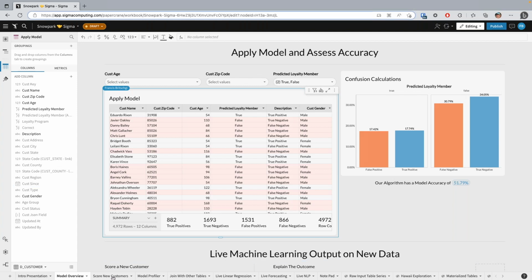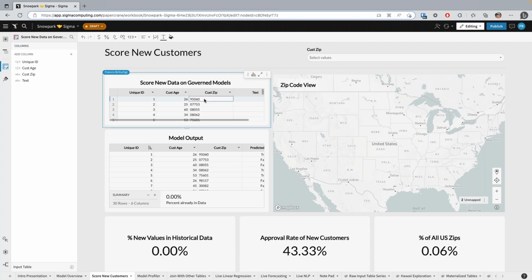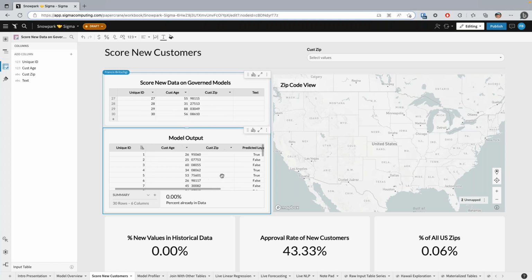Yeah, so the input table is incredibly flexible. Basically, it's just serving as a blank cell field where Sigma will create a managed table in your Snowflake warehouse, and then that table can be used alongside all of the other data or UDFs that exist in your Snowflake environment as well. So basically what we're allowing here is for customers to input brand new data on the fly and then leverage that data alongside existing assets.